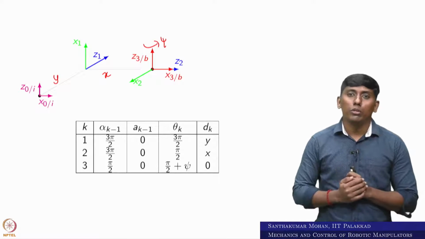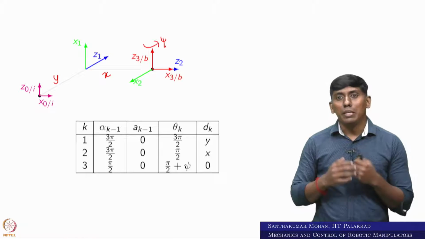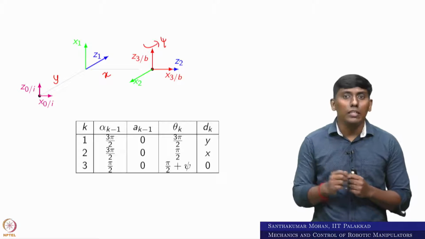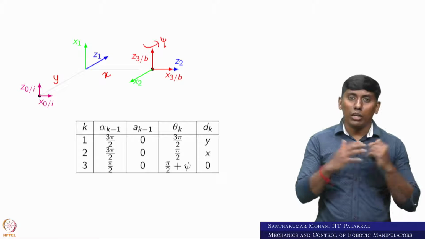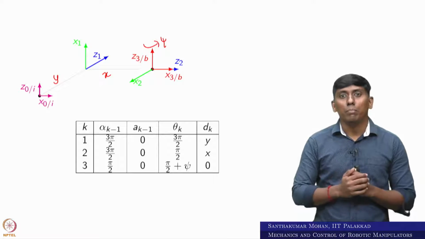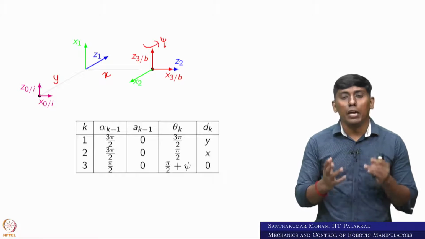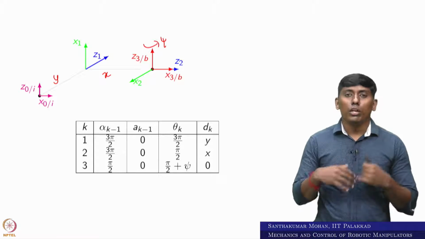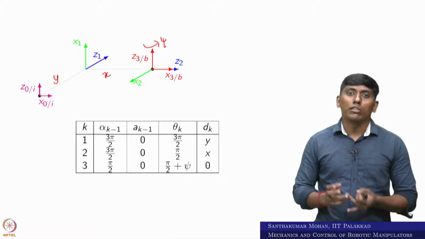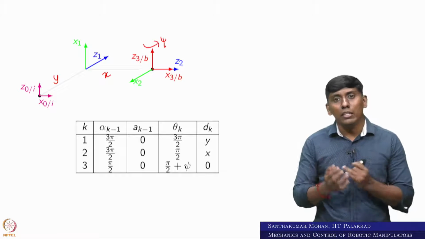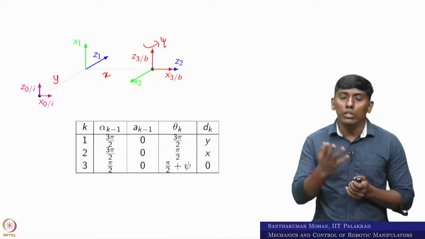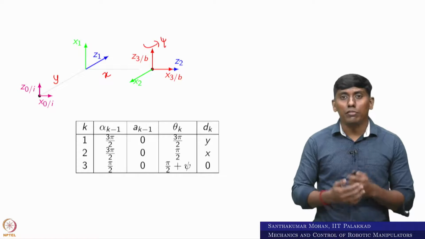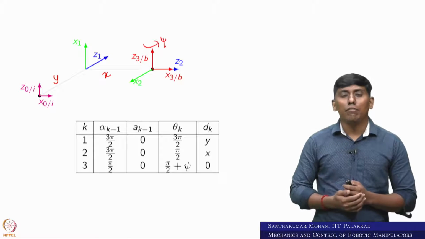Once you derive that, you can go back to MATLAB, or write it in the ARM matrix, and derive the individual transformation matrices. Then you post-multiply them and you get the final kinematic model. Then you can go with the angular velocity and the linear velocity, and you can get the differential kinematics. For that, we are going to do the MATLAB-based approach, which we saw in the second week of the course. That is what we are trying to show here.